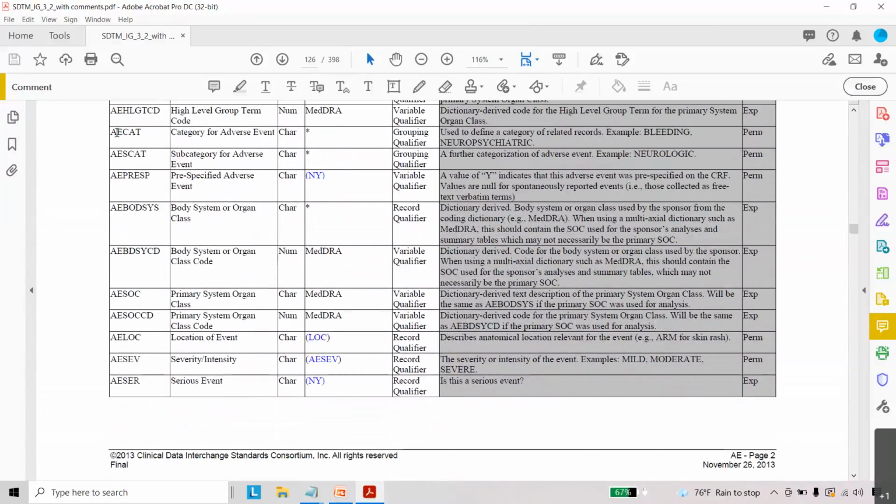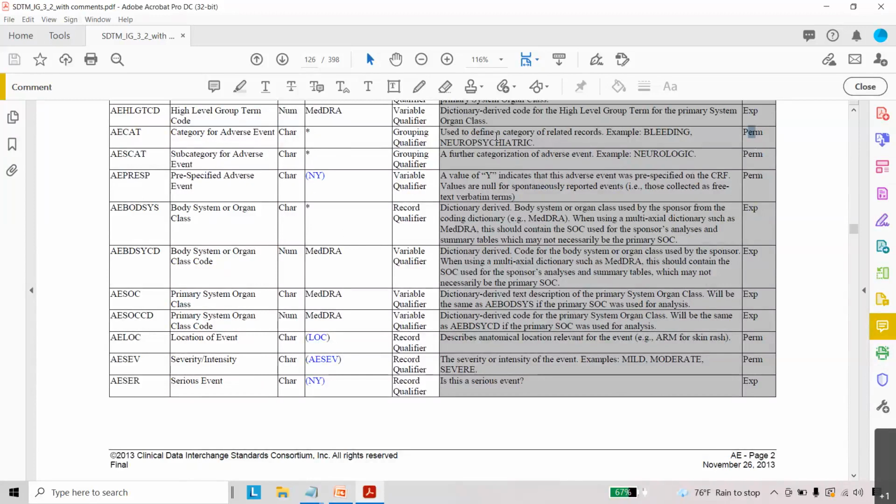Next we have AE category. So category of an adverse event, the type of adverse event. This is a permissible variable. We can see whether this variable is expected or not.